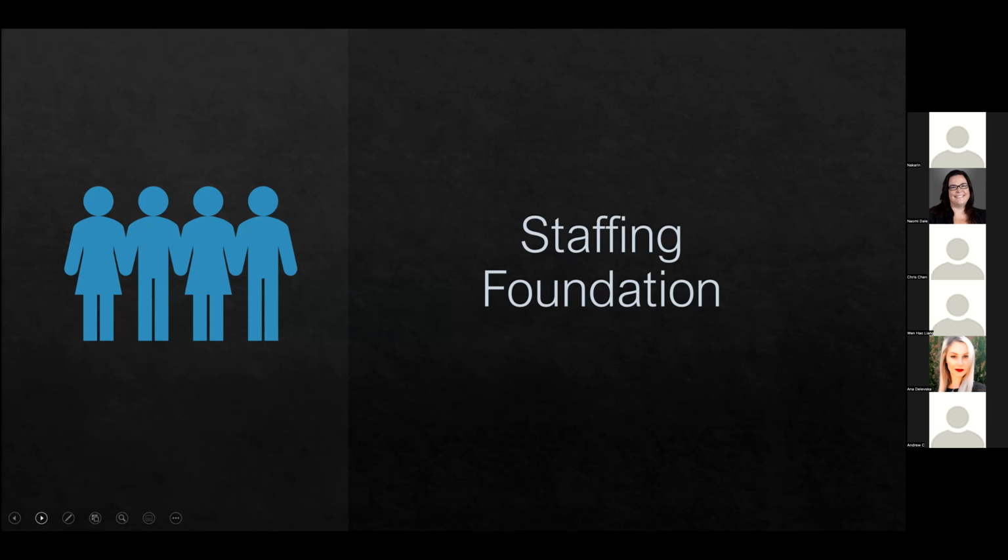As we've touched on in the past, what we see is that these standards for higher education are actually similar across the world. The New Zealand standards are very similar to what we see in Australia, but this is also similar in other countries as well. And as I noted before, we'll touch on where these connections exist within AACSB as well, to give an indication of the internationalization of these standards. So as the starting point, what is the foundation that institutions need to demonstrate for their staff or faculty? And here, when we're talking about staffing, I'm going to focus on academic staff, or what they term in the US and AACSB as faculty.